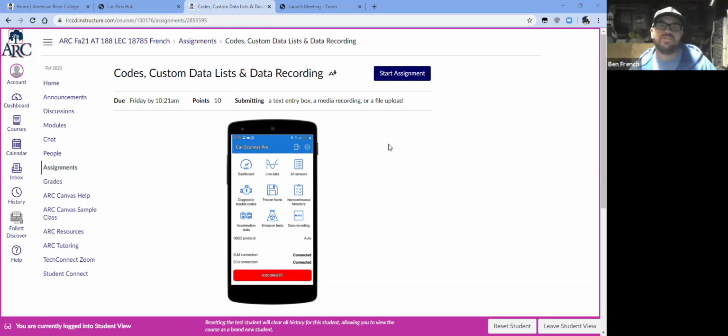Remember, older vehicles are mostly going to give you trouble codes and then scan data. That's it. There's no freeze frame. There's nothing else. It's trouble codes, scan data. And if it was a car with really good diagnostics, like a GM vehicle, you might have some bidirectional controls where you can change the idle speed or activate the EGR valve or something like that. Okay, so